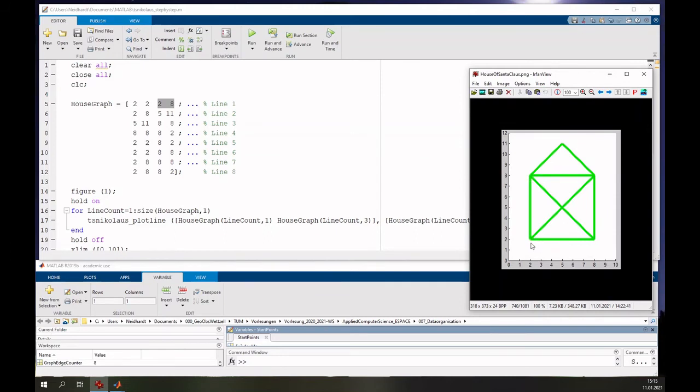Then if one of these points, x-y combinations, is the current position, and if it is not yet visited, then I can use it. And then I use the corresponding opposite point as a new current position, and I call